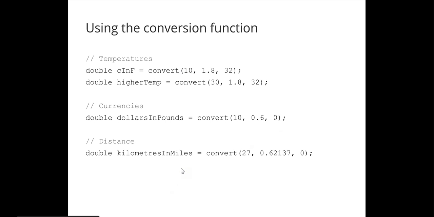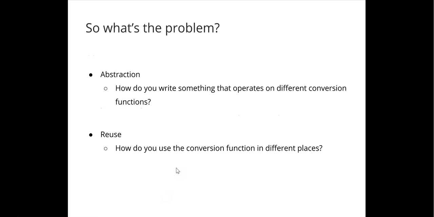Fantastic. But something where it does work out well again is the conversion between kilometers and miles, so distance conversions. Here a little bit more complicated factor, 0.62137, but it works for different types of conversions. Richard, do we really have to plug in those arguments every time? For example, when you were converting the temperature here, you had to plug in those arguments again. Is that really necessary? Exactly, good question.